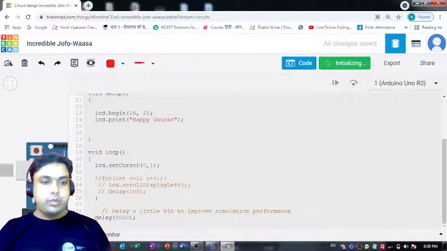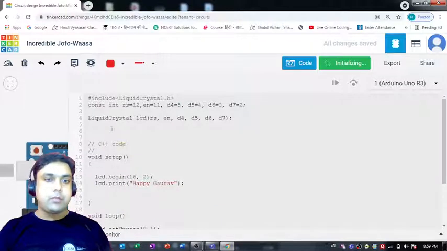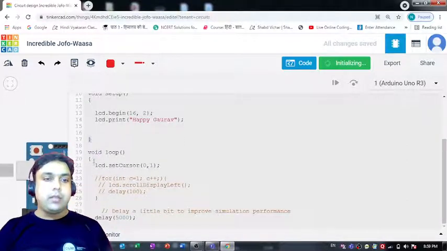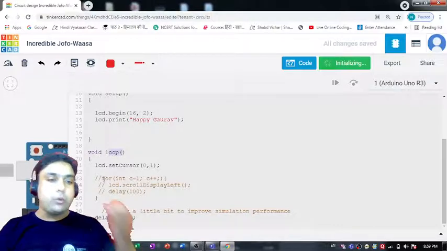So what you can do, you can just try to remove this bracket from here. I think because of this we are not getting the output. Why I am saying this? Because here we have used this open bracket for this function, and then this function is ending over here at this point. Then we begin this loop function, and we haven't made use of any for loop now, right?